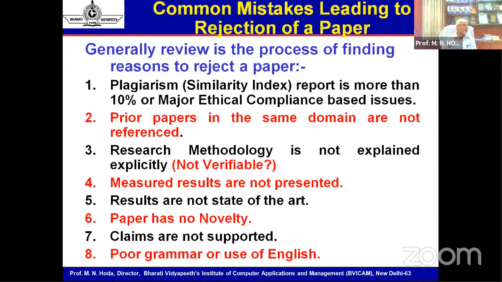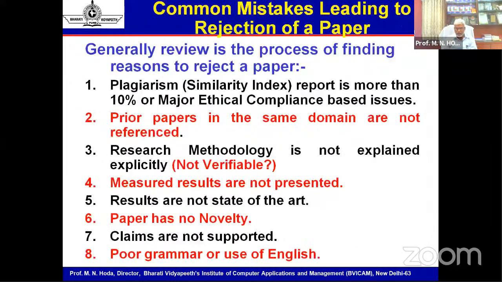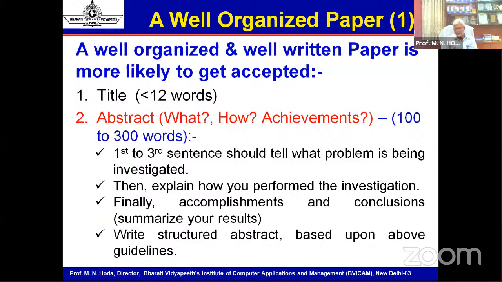And lastly, poor grammar or poor use of English. We are Indians, we do commit mistakes, and that does not mean that with mistakes our paper will get accepted. So read twice, read thrice, and I will give you a few suggestions on how to overcome this problem. So these were the 8 different parameters on the basis of which your paper will see the light of day, get accepted, or get outrightly rejected. So you must pay attention to these 8 different parameters, right?